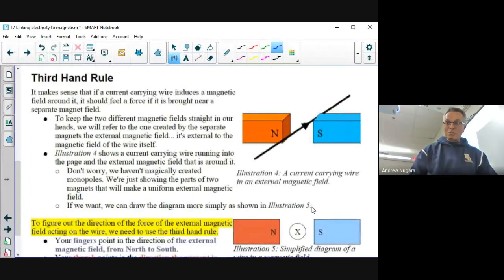All right, welcome back. We're going to do the third hand rule now. The third hand rule is definitely the most interesting one. And the third hand rule applies to either